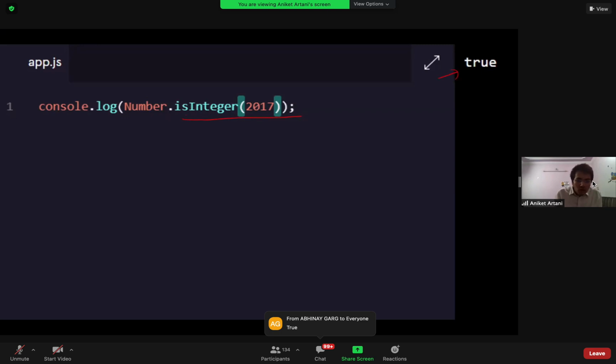My question to all of you is about this function, Number.isInteger. Here we can put anything. Its return type is which data type?